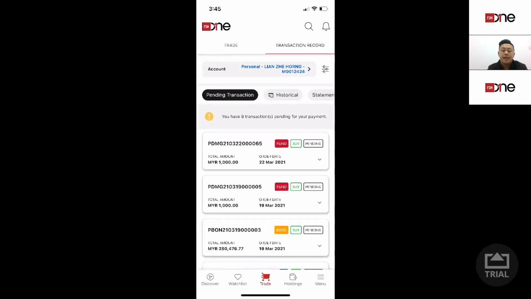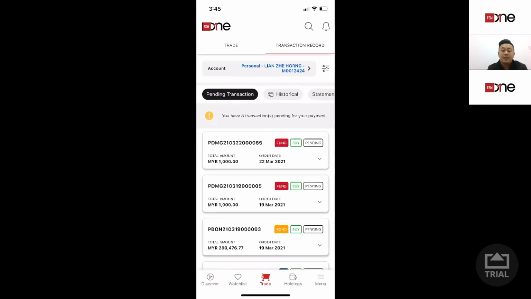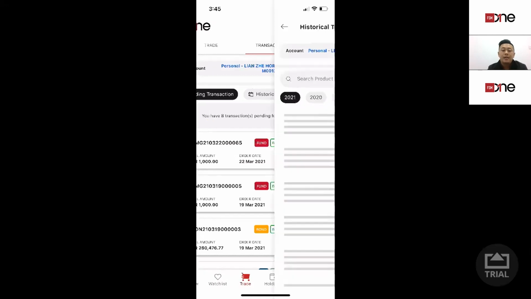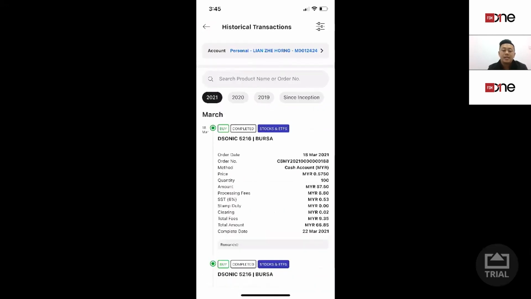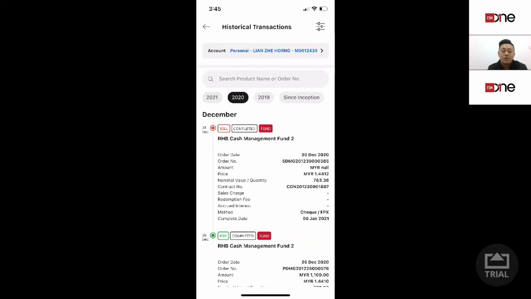So this is the pending order that I created but have not made any payment for yet, or any order that's still in transactions and haven't completed. If I would like to check my historical orders, I will need to click on the historical transactions. Under historical transactions, I'm able to view my historical transactions by years: 2021, 2020,